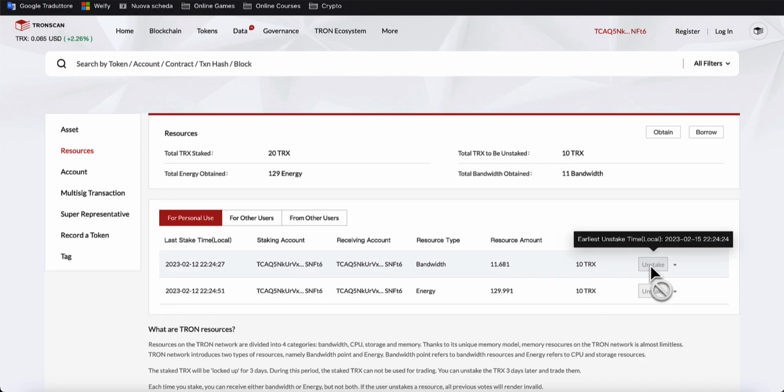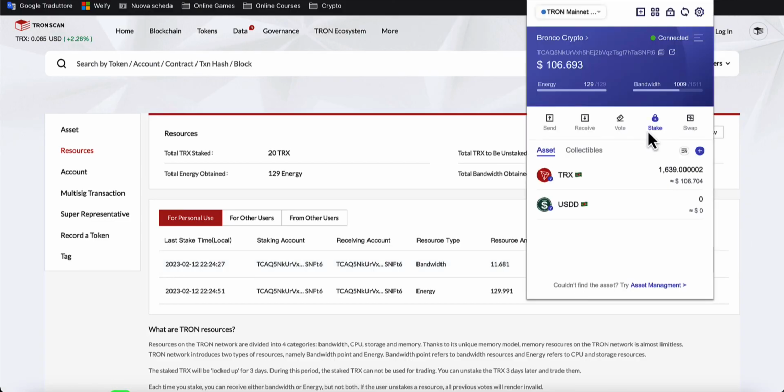From now on we can operate with TronLink. We can connect it to dApp applications. We can use it as a wallet. In short, we can do everything that interests us in DeFi on the TRON network. Having said that, I close the video. I have shown you the basic steps to be able to